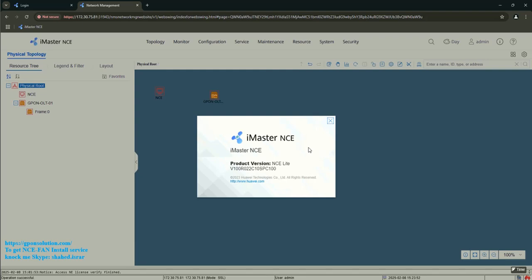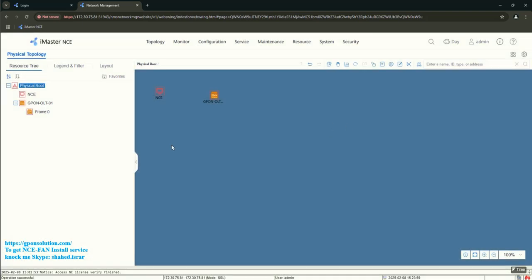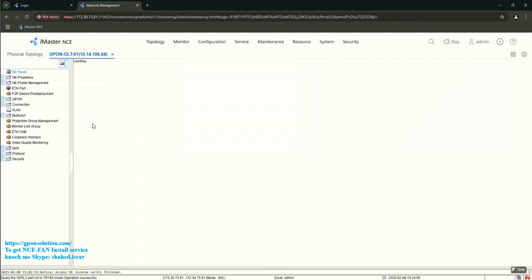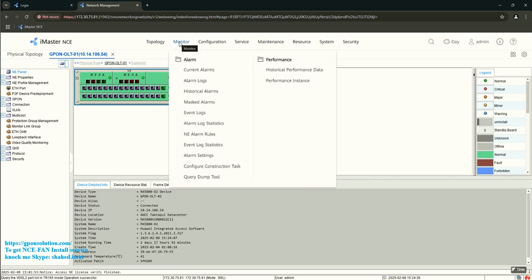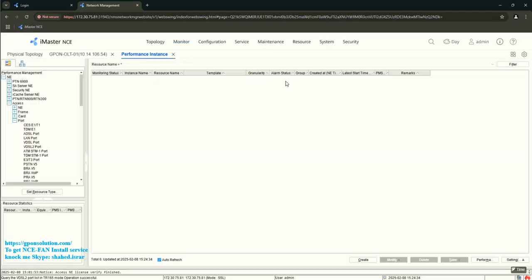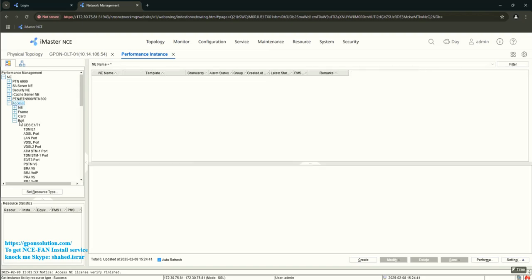So this is NCE-FAN NMS R022 version. First, log in to your OLT. Here you see this is an MA5800X2 OLT, and here two 16-port cards and some ONTs configured. So first go to Monitor and click Performance Instance, and from the left side, this Access and this Port,